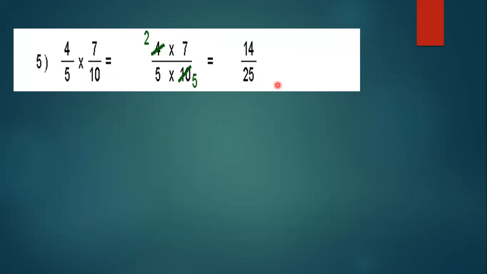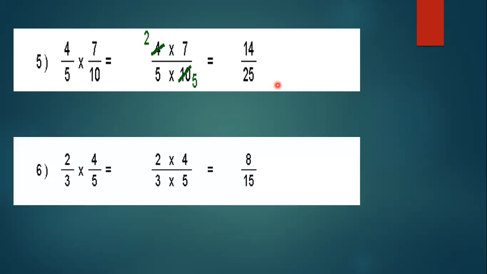Next I have 4 by 5 multiplied by 7 by 10. I'm repeating again and again, don't cancel out this 5 by 10, because in all these years I've seen so many children making this mistake. Never ever go for it. What we will do, in 2 stable 4 comes 2 times, in 2 stable 10 comes 5 times. And again, now it is not possible to cancel, so 2 multiplied by 7 gives us 14, 5 multiplied by 5 gives us 25.